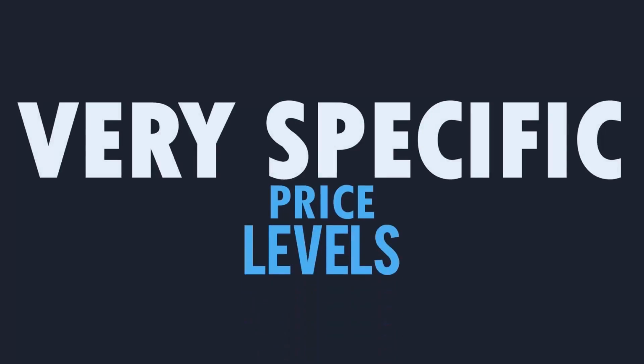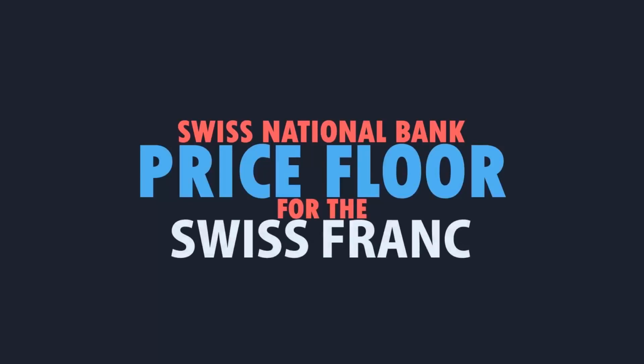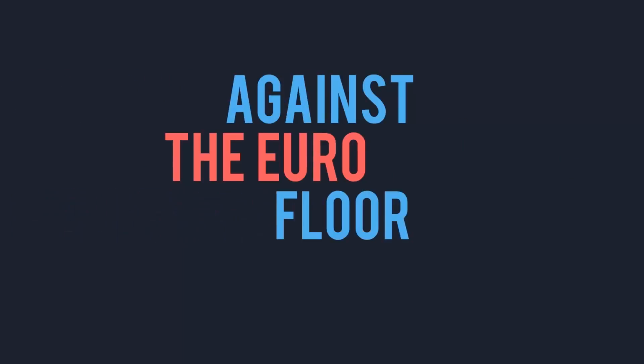And other times the bank will provide very specific price levels and make it clear that if the actual price ends up breaching that price, they will physically intervene and keep it there. An example of this is when the Swiss National Bank had a price floor for the Euro-Swiss currency pair up till 2015. They didn't want the Swiss franc appreciating against the euro, so they imposed a price floor on the pair at 120. If the price went below 120, they would step in and intervene by literally buying up the pair, sometimes buying billions of euros to do this,